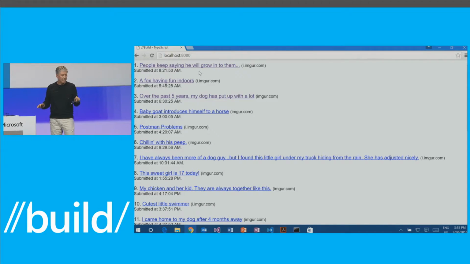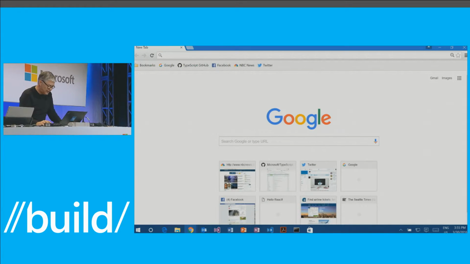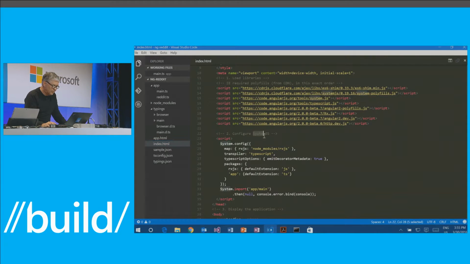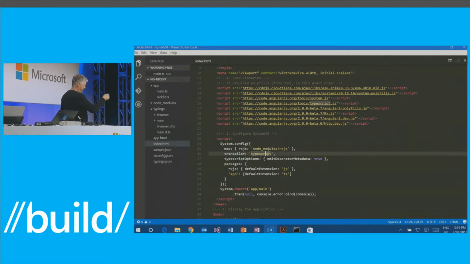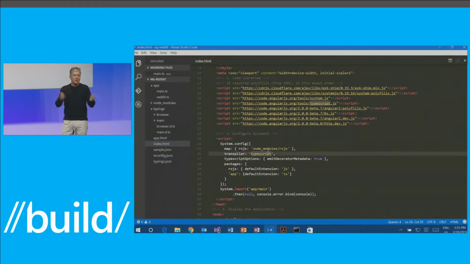I didn't even compile. In fact, this particular project is set up to use a module loader. If we go back here, this guy uses the System.js module loader. And the System.js module loader allows you to configure transpilers that run in the browser as you're loading the app, which is not what you would do, of course, in the final setup, but it's great for development because you just treat your TypeScript files as if it's something that could go over the web.